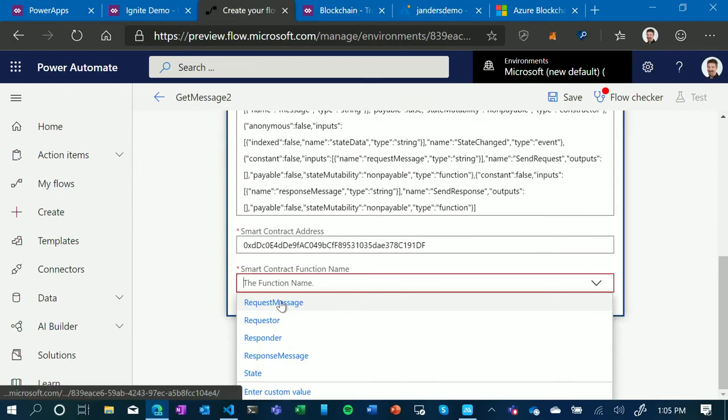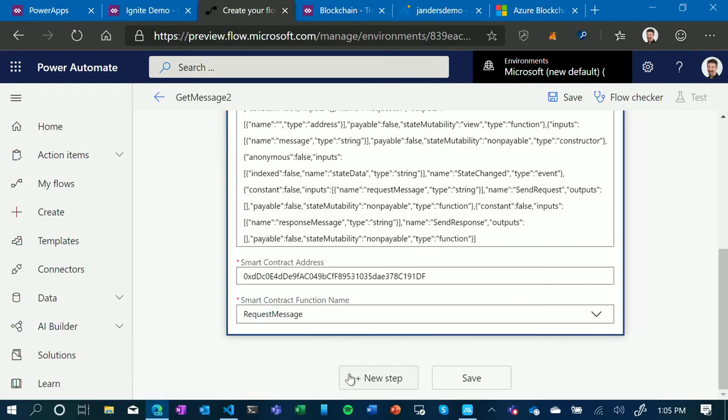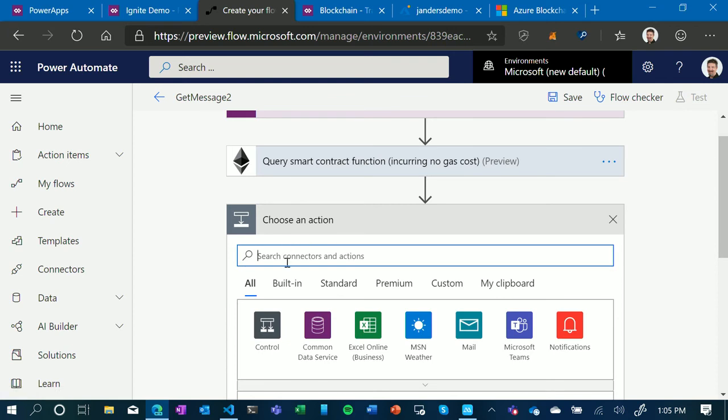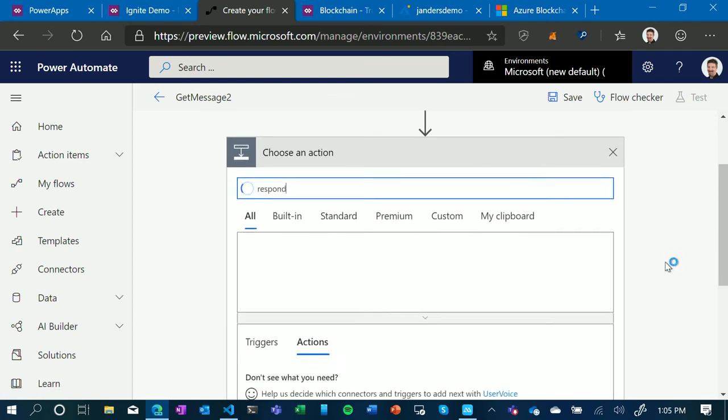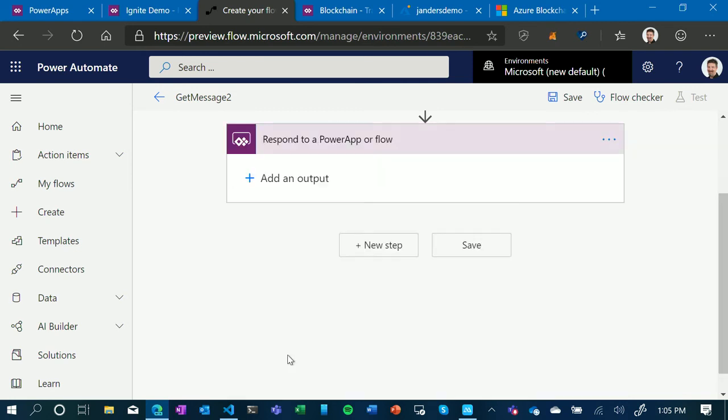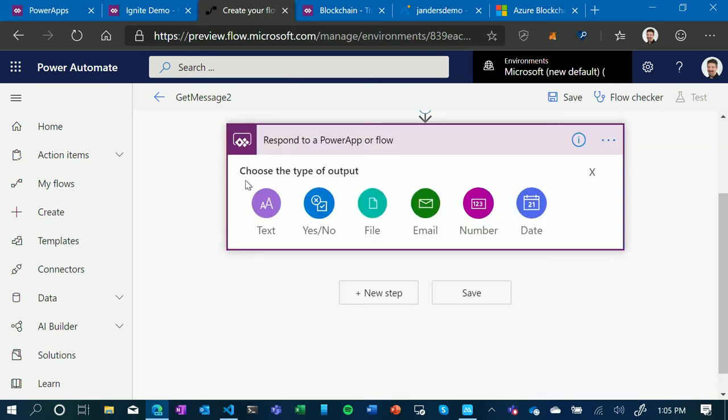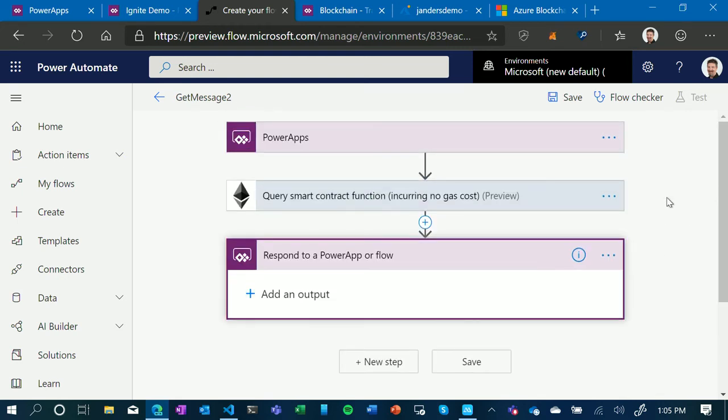And the function that we're grabbing is the request message. Okay, and now we're going to do a respond to get our message. No, we're not doing that. We are, wait a minute. Yep, that's what we're doing.